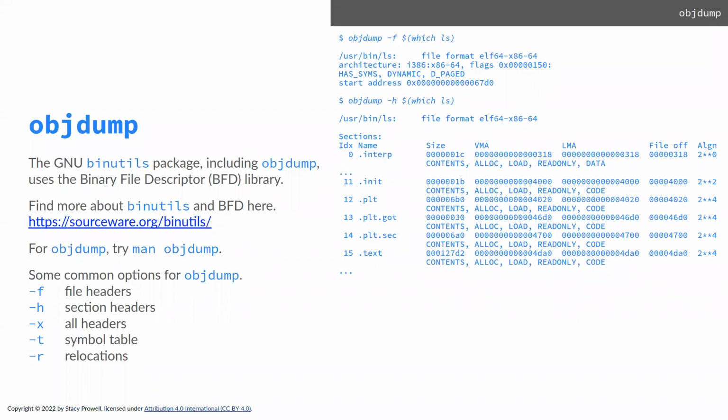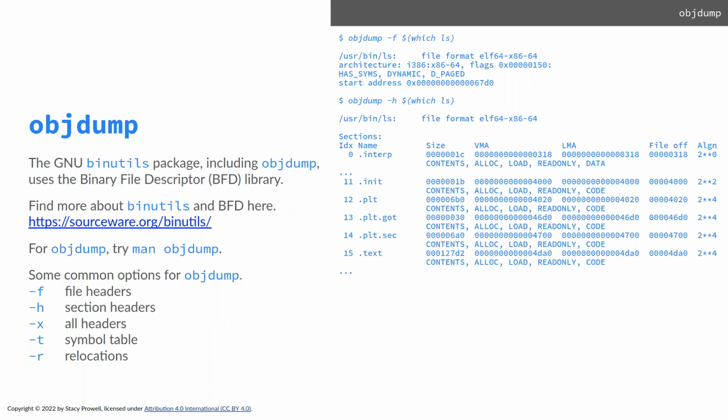I didn't talk about a tool at the beginning, so I'm going to introduce it now. And that tool is, again, revisiting objdump. Objdump will let you look at the contents of an ELF file. You can look at the file headers with F, the section headers with H, all the headers, the symbol table, relocations. We'll cover what some of these things are here in a bit. But again, you can dump out these tables and take a look at what's in the file using objdump. And you may have tried objdump on that little program I gave you at the beginning of the class, with the hex bytes